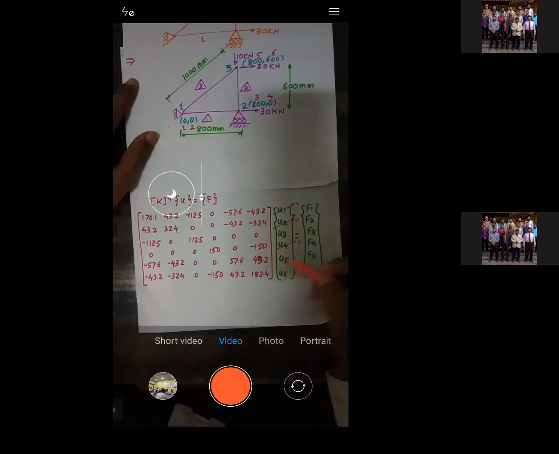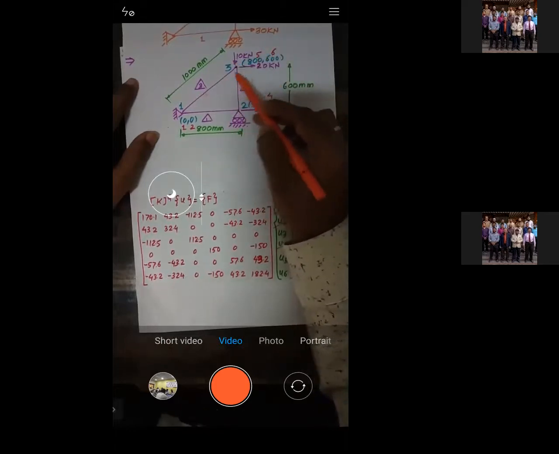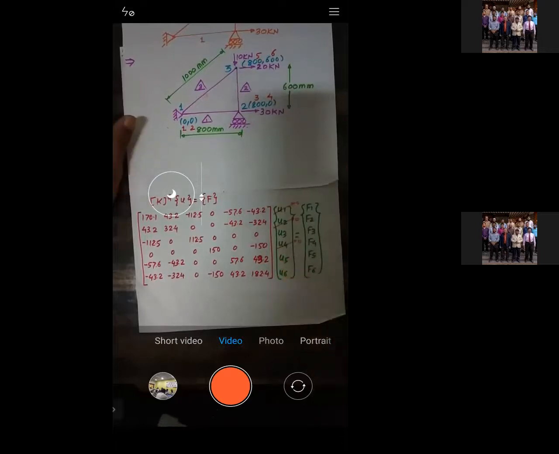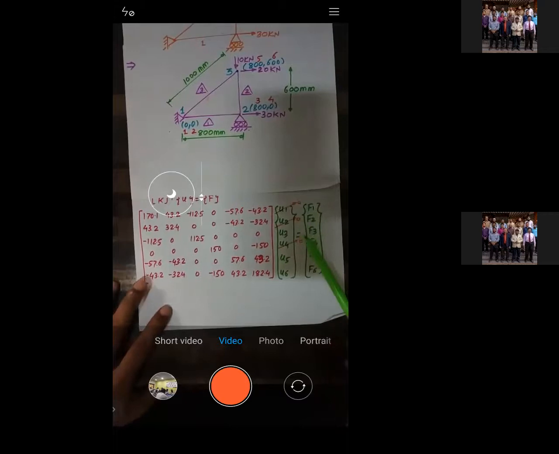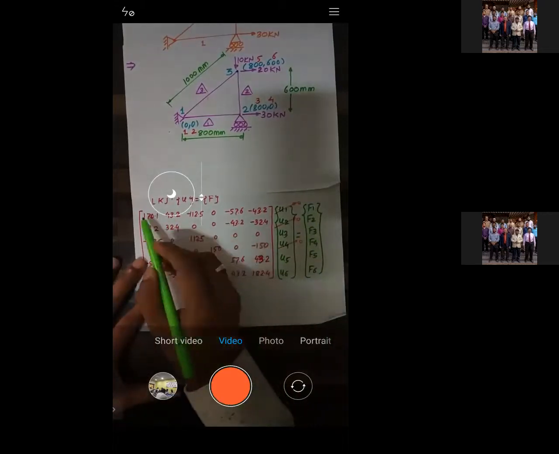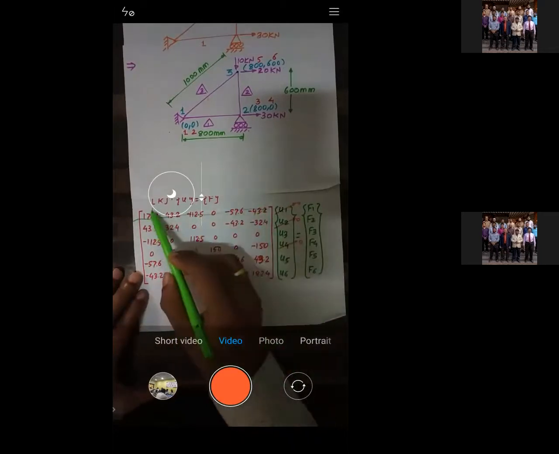So now you will go to node 3. Node 3 degrees of freedom are 5 and 6, but node 3 is free, so we are not able to apply anything, right? So what happens is, 3 displacements got 0. When any displacement gets 0, then that particular row and that particular column gets cancelled.